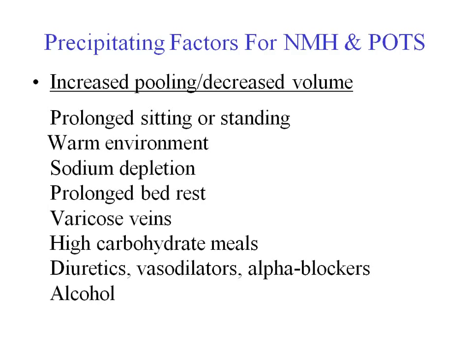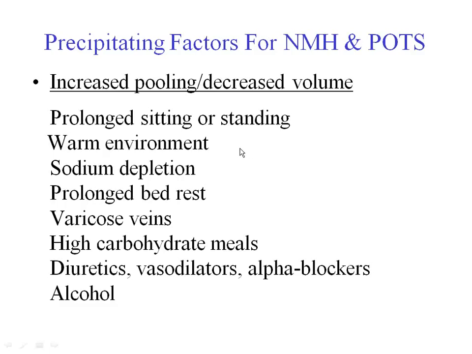And these are the precipitating factors for NMH and POTS. Remember that diagram I showed you earlier, that one of the things that leads to the problem is increased pooling of blood in the limbs or decreased blood volume. Well, how do you get to that point? One is obviously prolonged sitting or standing, and so when people can, we want them to avoid this. If you're an adult, standing in line is tough, so you want to shop at non-peak hours. If you're sitting for long periods of time, try and find a way to move your legs around.